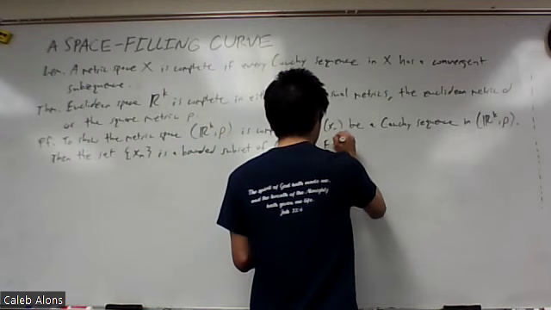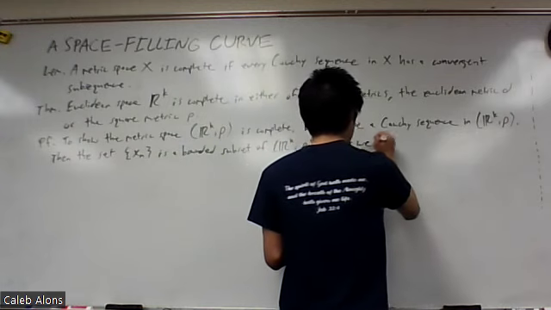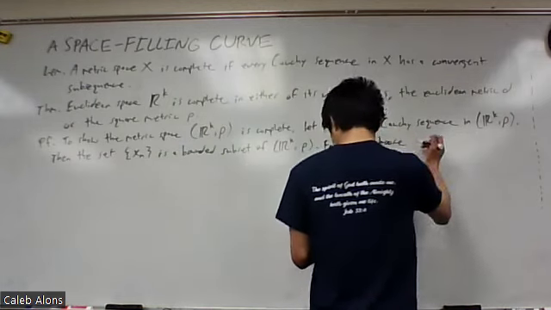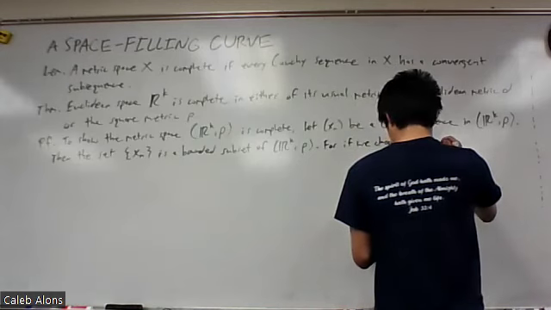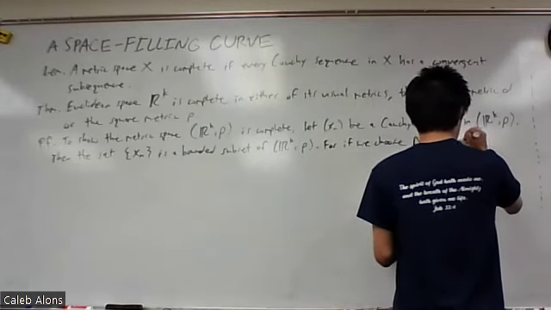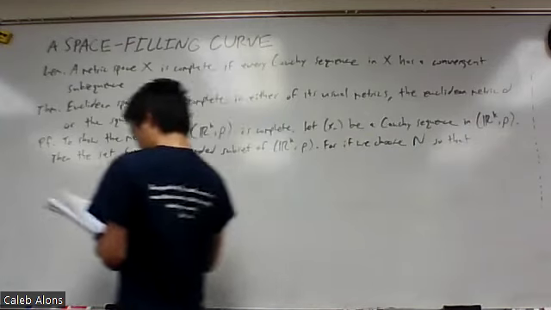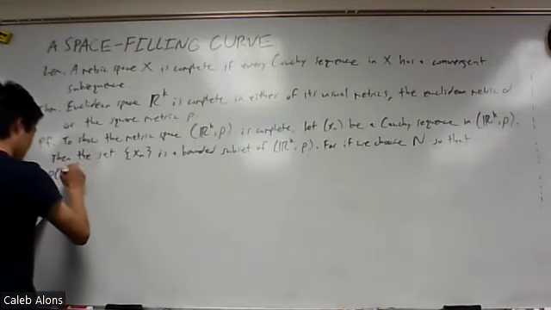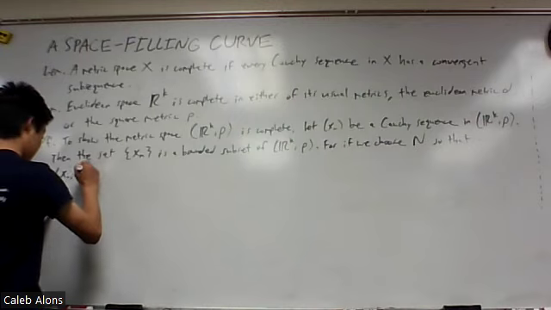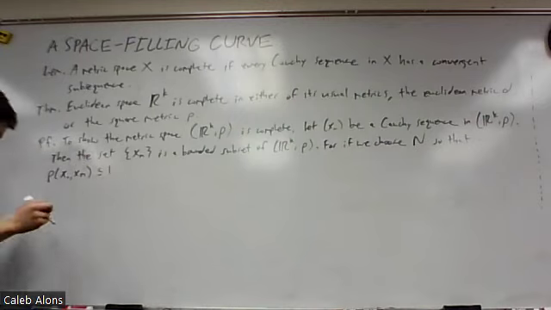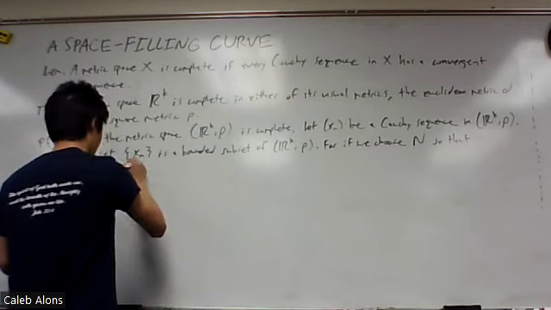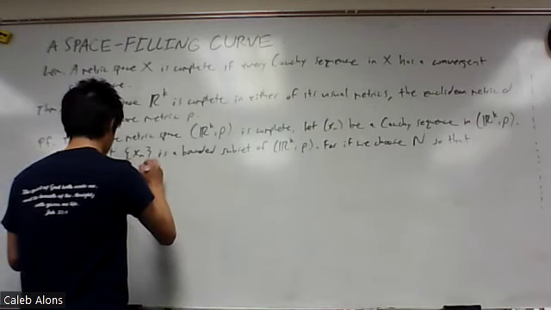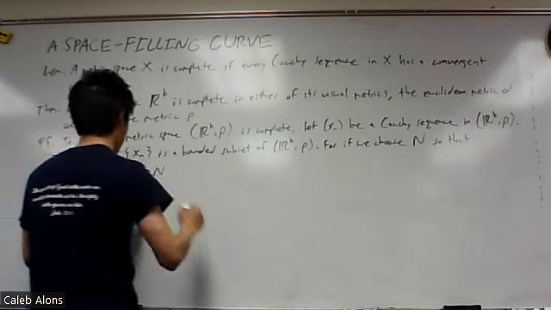For if we choose a sufficiently large N so that the distance in the square metric between xn and xm is less than or equal to 1 for all n and m past the large N,